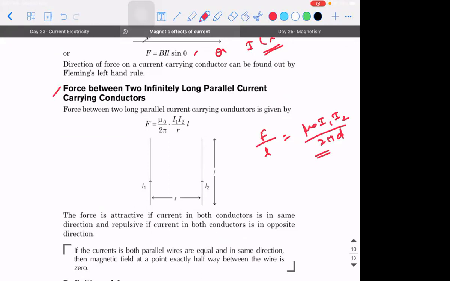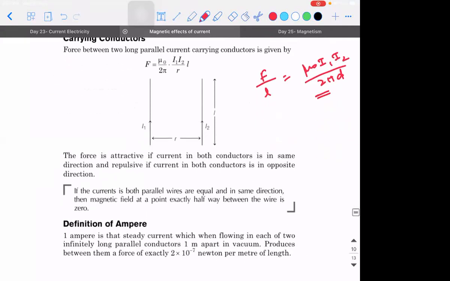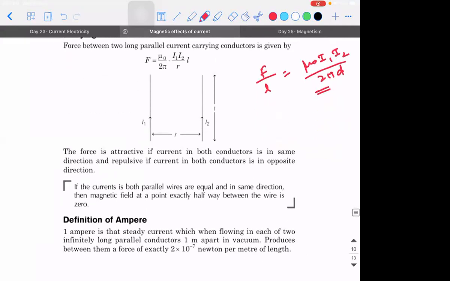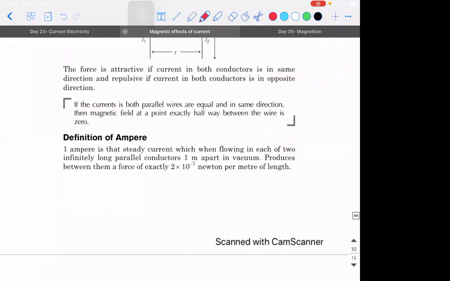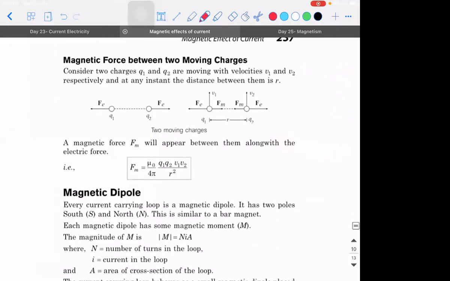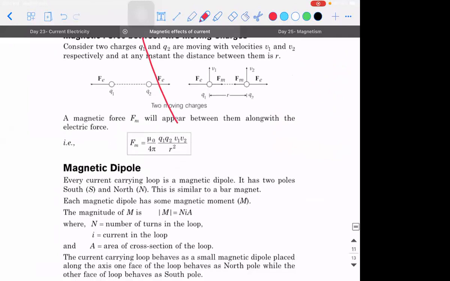The like directions of current will attract, unlike the charges. Like charges repel, like-up-to-reverse principle. So if the current is flowing in the same direction in both the wires, they attract. If they are in opposite directions, they repel. Okay. Next.